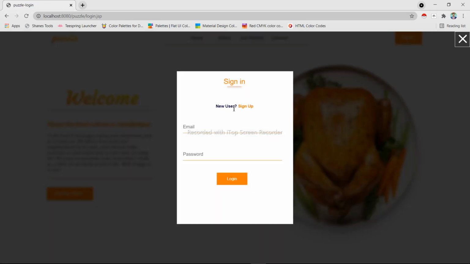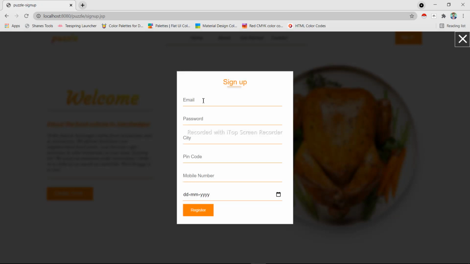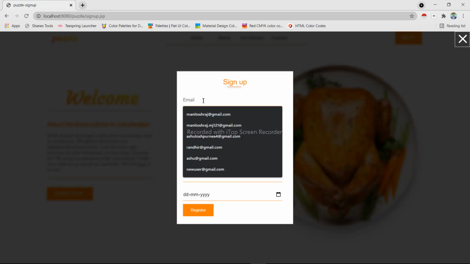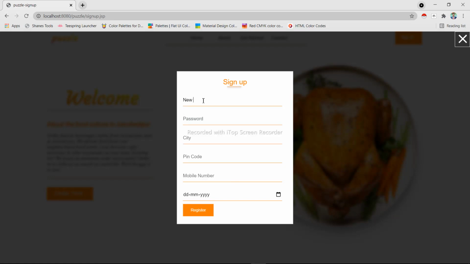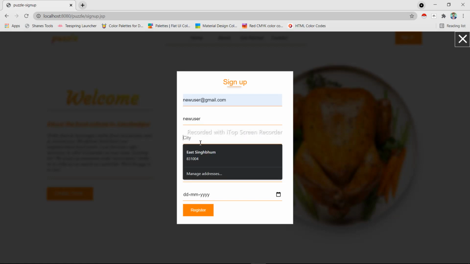Also if the user is a new user, visiting the website for the first time, he would obviously be required to sign up. So let's quickly make a new user. Let's name him new user only for the sake of simplicity, new user at gmail, and let its password be new user for now, and city be Jamshedpur.